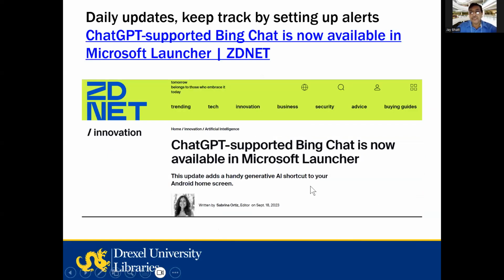As I mentioned, we continuously keep current with new developments. As Dhanu pointed out earlier, it will start searching with the internet in ChatGPT, and there is also the possibility of human-like, voice-supported interaction with ChatGPT coming up. And earlier this month, on September 18th, ChatGPT-supported Bing Chat became available on Microsoft. This was again 15 days back. No, not even 15, just 10 days.